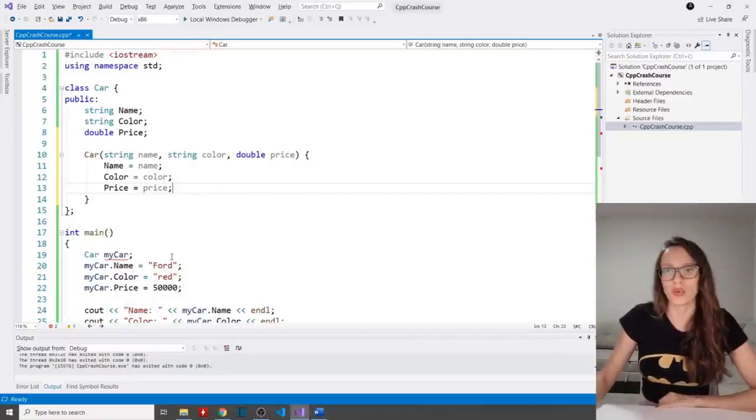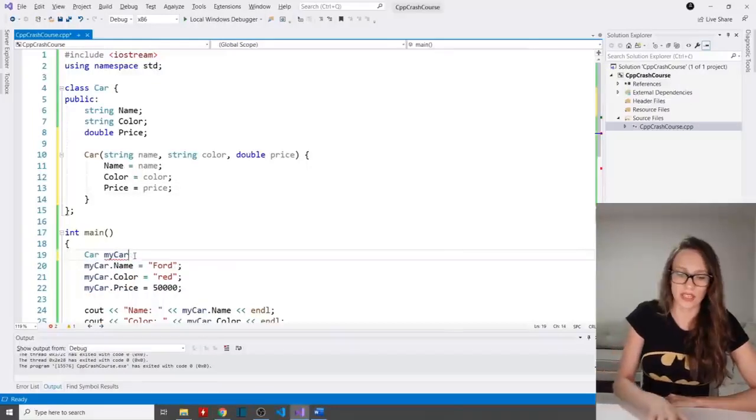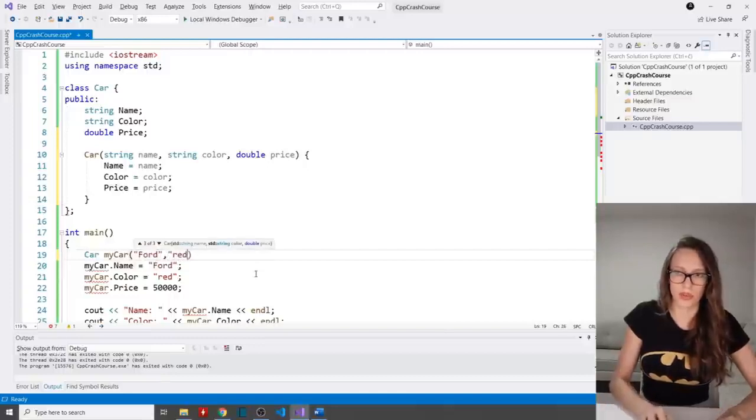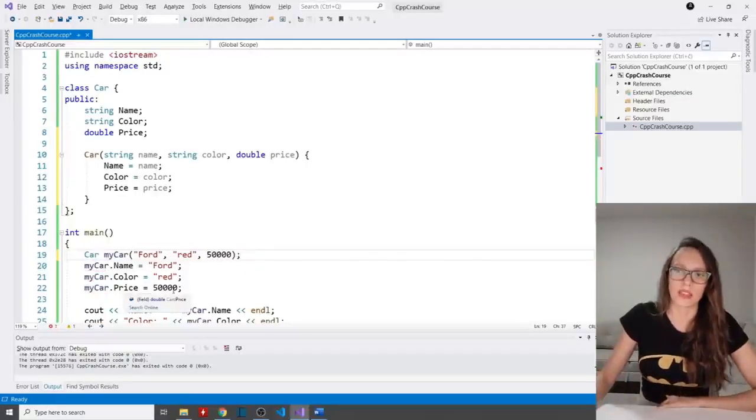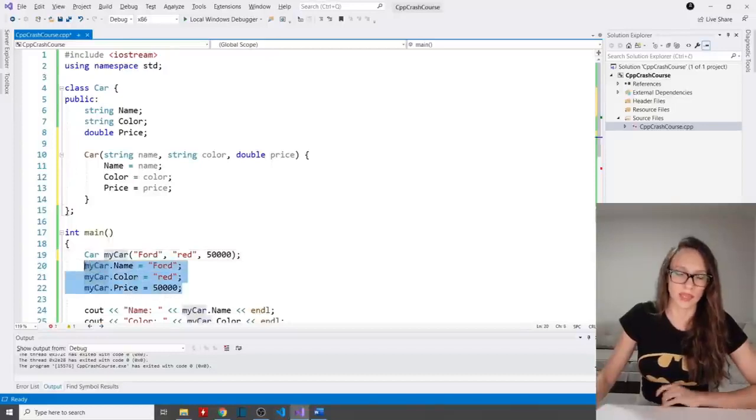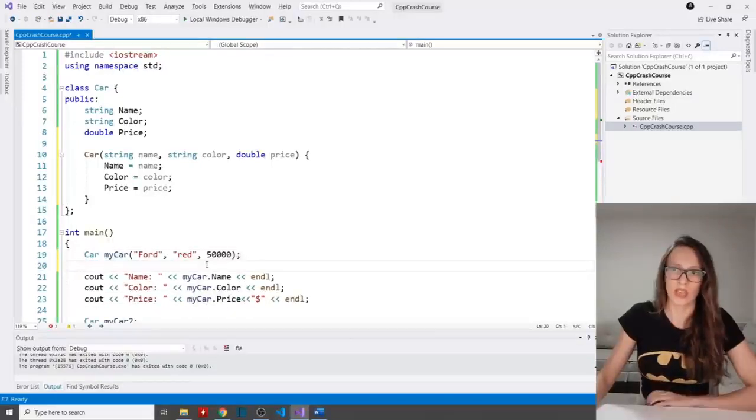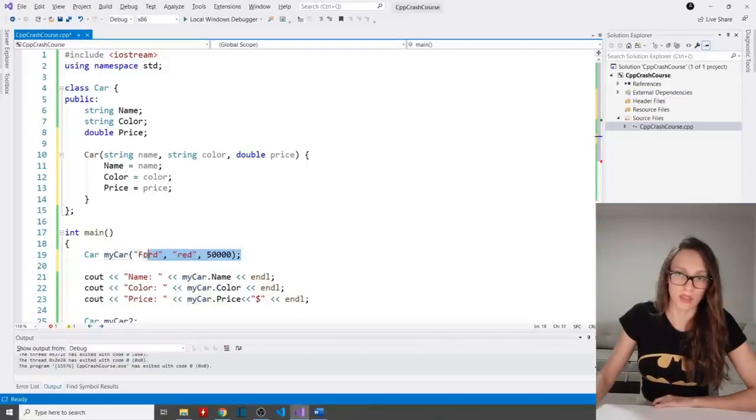Now, what I can do instead of this here is I can say that my car is going to have initial values of Ford, and then color is going to be red, and then it is going to cost $50,000, like this. And now I can delete these because I have already created my car like this, and I have assigned values to these properties in my constructor.